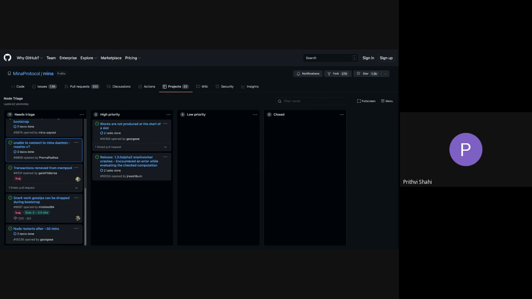So going on to 8331, this is transactions removed from the mempool, and I think it's similar to what Emery, you were alluding to earlier. The main thing to communicate about this issue is there are two things being talked about that are unrelated. The first is there are gaps of transactions on mainnet, and there's a number of blocks that are back-to-back that may contain not many transactions or 0 transactions. And the other one is that sometimes we evict things from the transaction pool mistakenly. I believe the second one is what Emery alluded to.